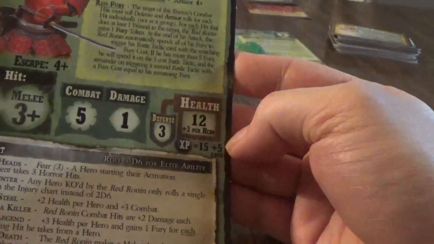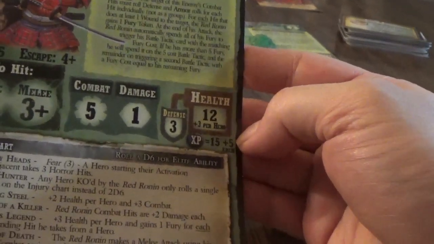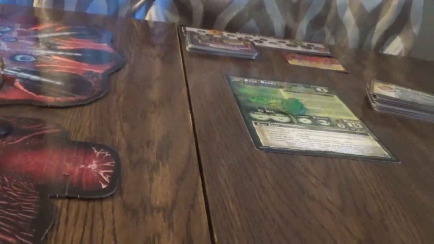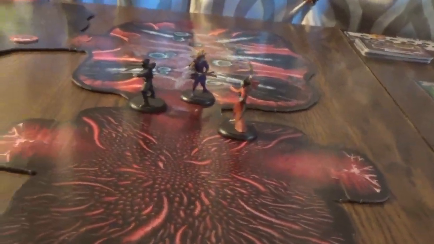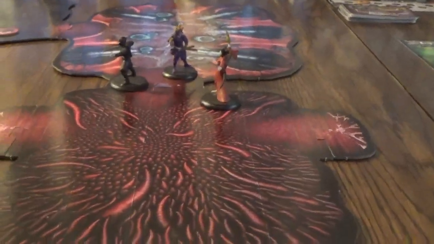He has 12 hit points, 3 per hero, so that's 15, 18, 21, and a defense of 3, and of course 1 damage, but he has 5 combat. Okay. So, I want to get him set up, but first we're going to roll for darkness. Okay, we got lucky on that one. Alright, and let me get him set up, and we'll...